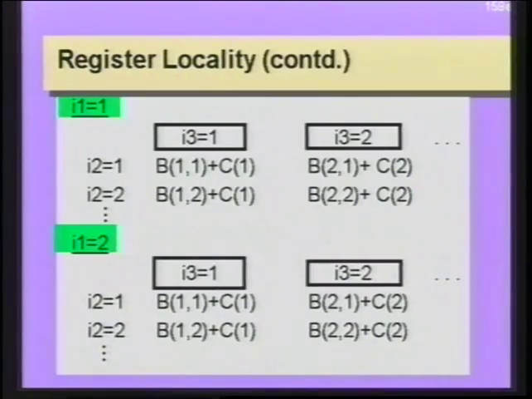What does it mean to say that loop I1 carries register reuse for arrays B and C? What it means is that for multiple copies of the I1 loop, the same elements of arrays B and C are accessed. When they are fetched from memory into a register the first time, the same register can be reused again for multiple copies of the I1 loop. And this is a savings and leads to an additional speedup because you eliminate load instructions that would have